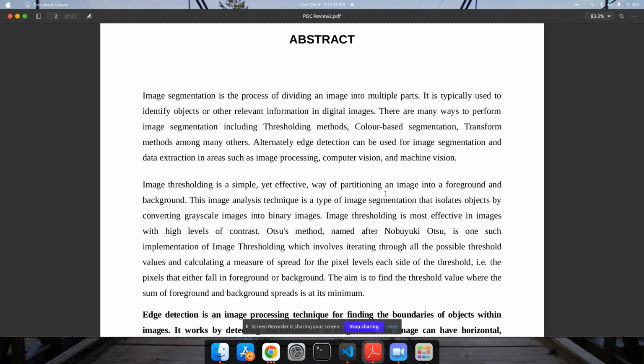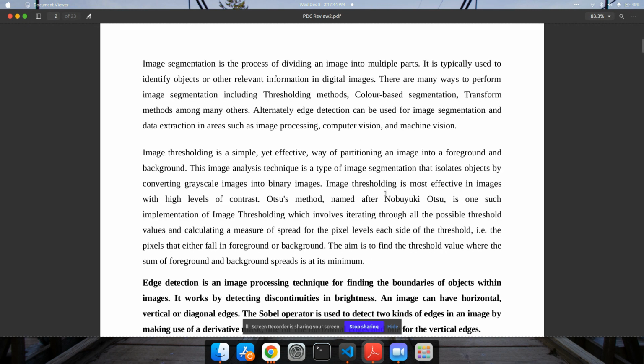and machine vision. Image thresholding is a simple yet effective way of partitioning an image into foreground and background. This image analysis technique is a type of segmentation that isolates objects by converting grayscale images into binary images. Image thresholding is most effective in images with a high level of contrast.